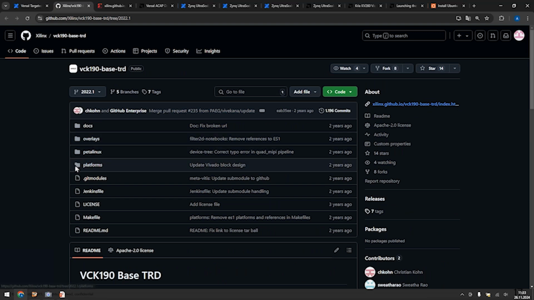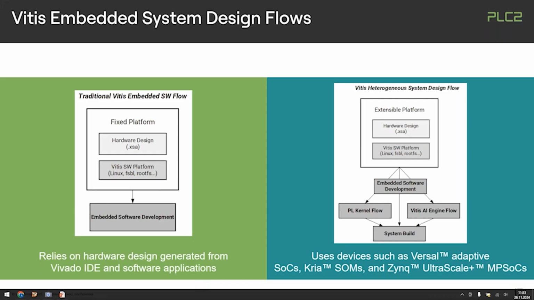And the typical thing is the platform is what you will be seeing completely carried out within Vivado. And the overlay stuff, the project level, is governed by the Vitis toolflow. So this is where we come from. And even to educate yourself with these flows, because it's not that common in the community yet, I would guess, then also to look into the build sequence of these TRDs is very instructive,